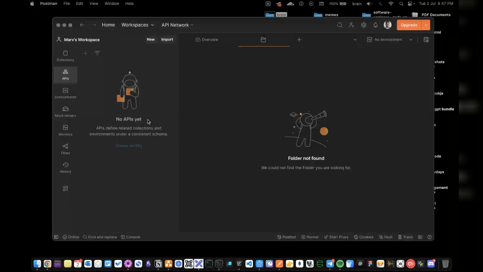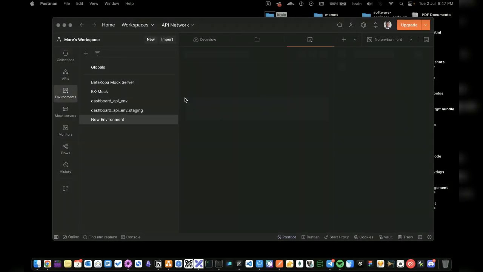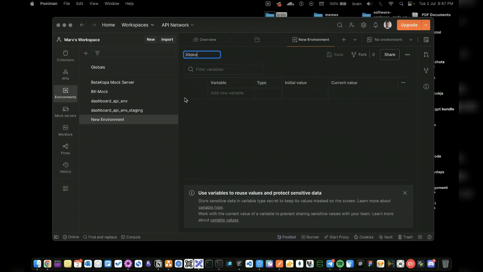Environments, you can basically set up environments so that if you are working on a project, when you activate that environment, it gives you variables and some other things you've configured for that environment. For example, if I create a new environment here, let's call that environment 300 dev days environment. So 300 dev days env, just like this.